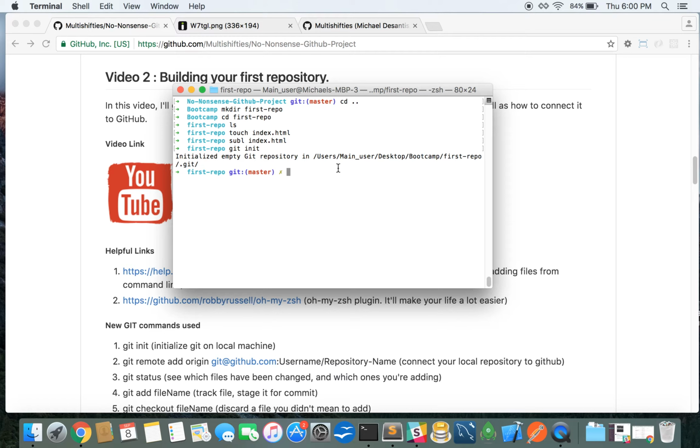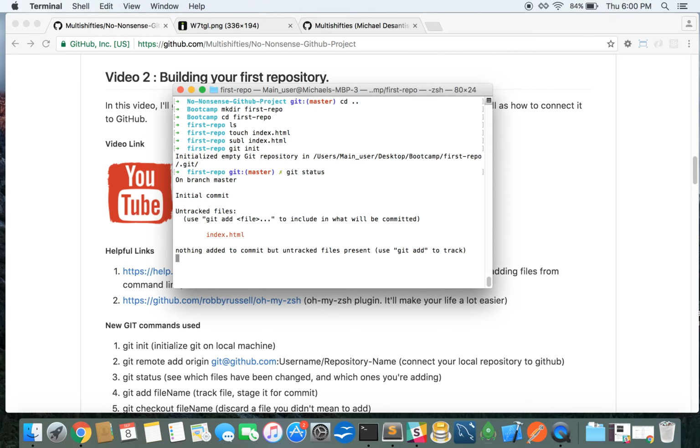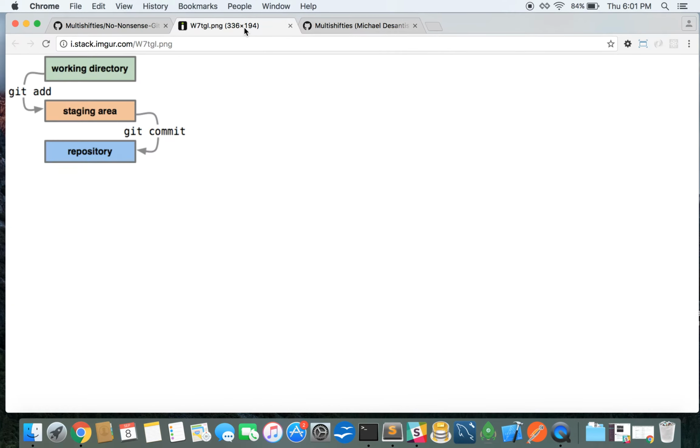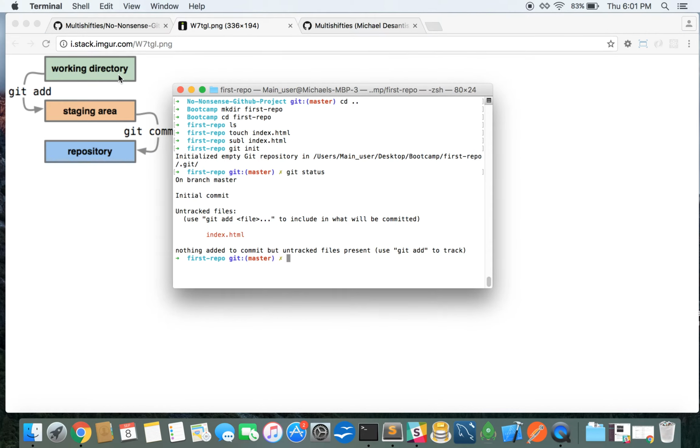Your next command is to run git status. This shows an untracked file of index.html. And Git has three stages. There is the stage of the working directory, where you are working with your files, and they are typically unadded and unlisted. In this case, they're untracked. By running git add, which is the next command you will run, let's go ahead and run that now, git add